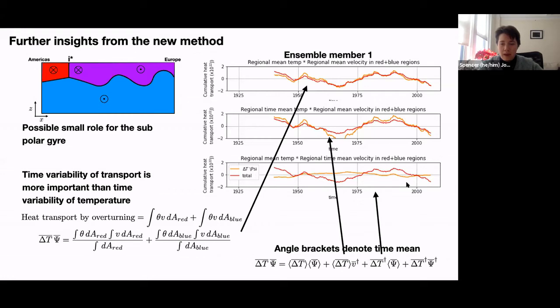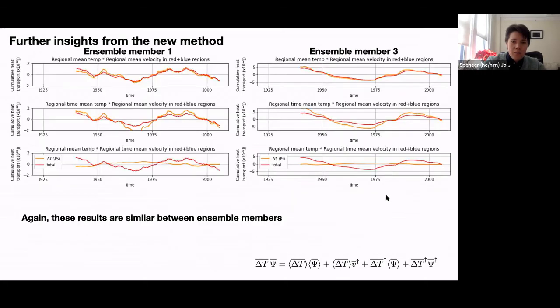And yeah, it really seems that that's not doing very much at all. Okay, and that's pretty much true between ensemble members as well. I'm not going to talk very much about that because I'm still working on it. But yeah, it really does seem like the time varying component of the AMOC is what's driving